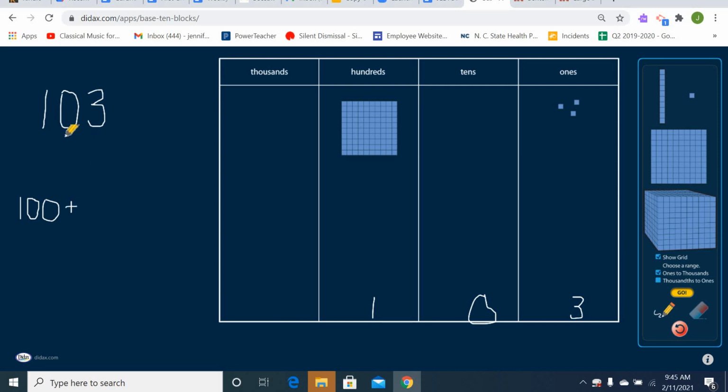Let's look at our tens place. I have a 0 right there, so I don't need to add anything for my tens place because I don't have anything to add. I have a 0. So let's go over to our ones place. I have a 3, and I know that my value of 3 is 3, right? It's in my ones place. It's telling me that I have 1, 2, 3 ones, so I'm just going to write 3